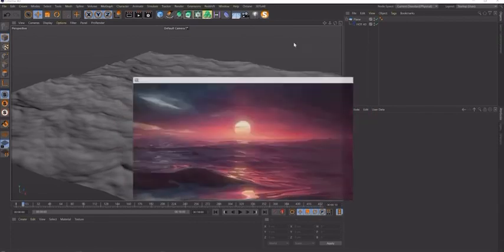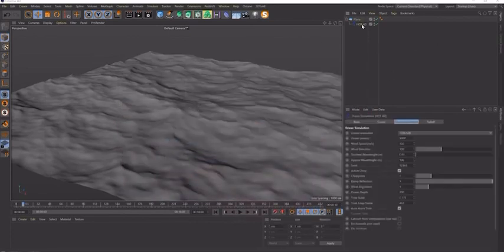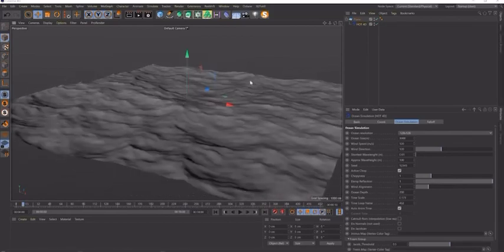So I would recommend using the same settings, but you do have the option to push that as far as you are able to, and that might look even better. Okay, and that's it. As you can see there, it's a very easy to use plugin which allows us to create an ocean very